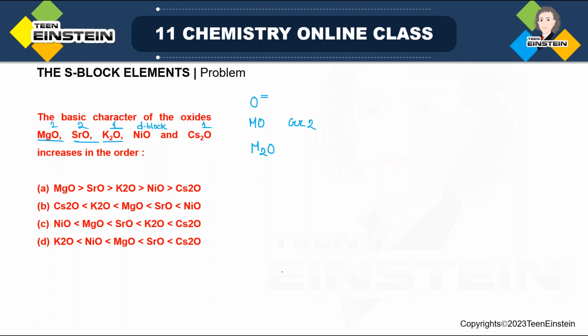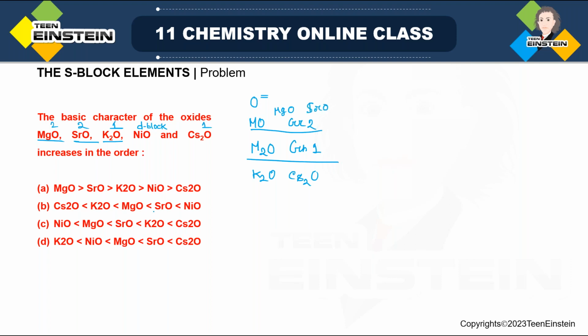So to balance this O2 negative charge, we need 2 potassium or 2 cesium. Okay, so these two are group 1. So under M2O we have K2O, we have Cs2O, and under MO we have MgO and